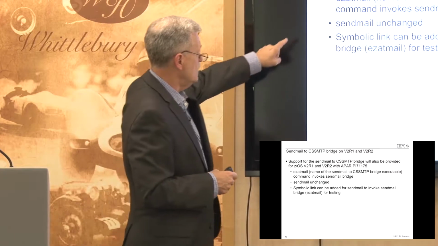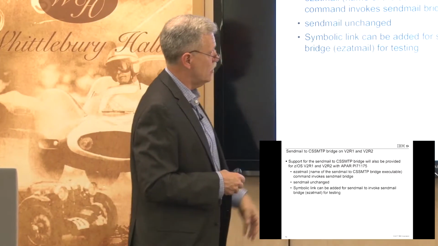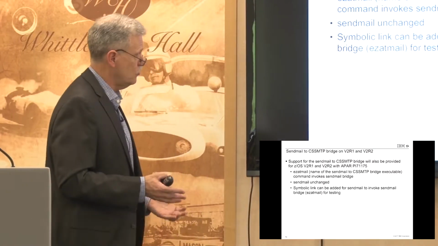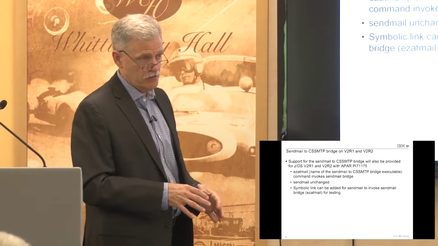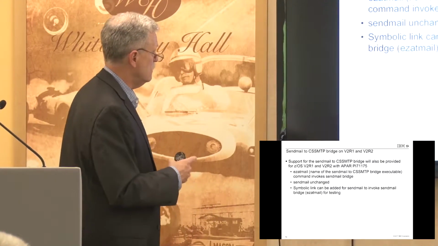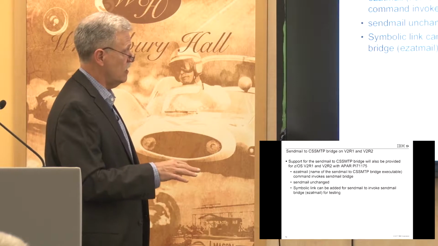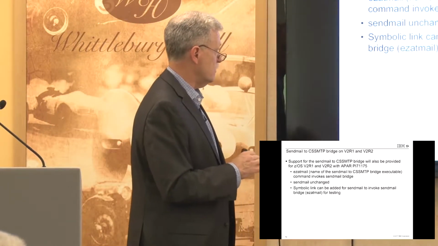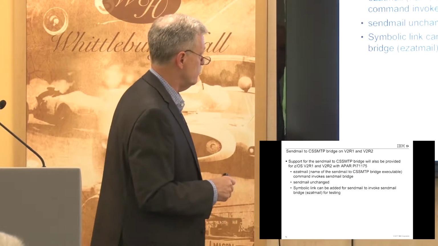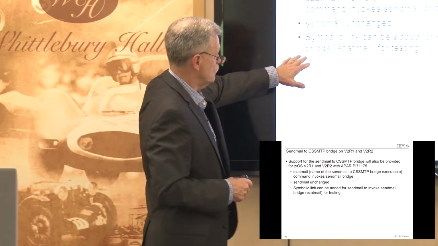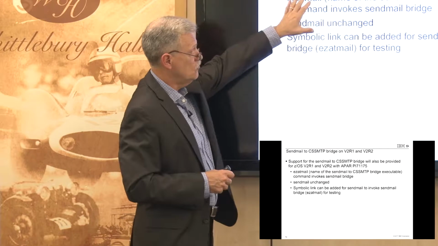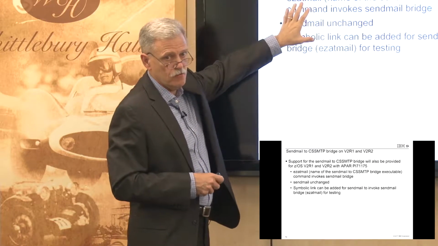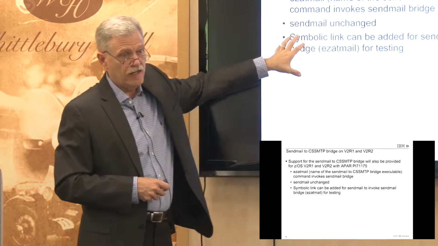Now this command, EZAT mail, is the name of the SendMail to the bridge executable, so that allows you to get to it manually with the command line command. And so SendMail itself is unchanged, so we don't do anything with that, but a symbolic link can be added for SendMail to invoke this actual bridge for testing. So in 2.1 and 2.2 we did not do anything with the actual SendMail program, but we can allow you to test